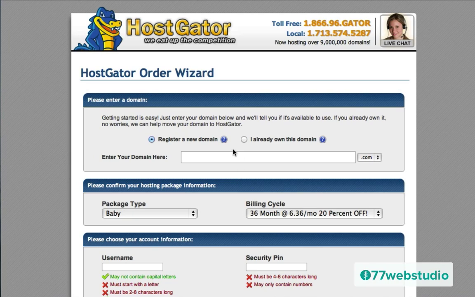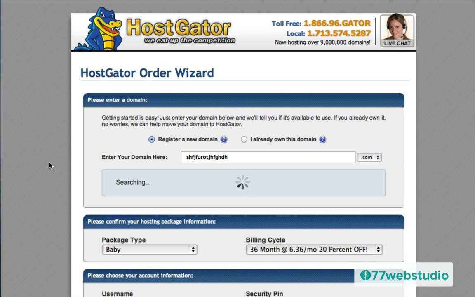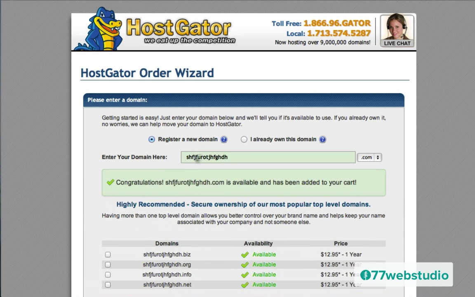And then we see that the next step is we need to enter our domain. So if you already have a domain name, go ahead and click on this button here to let them know that you already have your domain name. I'm actually going to register a brand new domain, so I'm just going to enter my domain name here. So just to see if something is available, I'm going to put a random name there. And of course it is available because it's super random. Once you have your domain name added and once you can see the message here that it is available, then